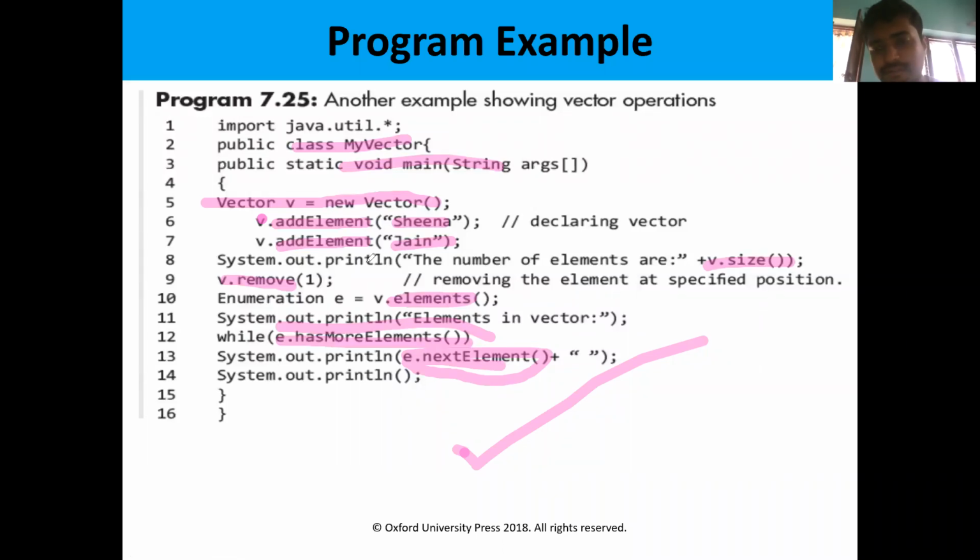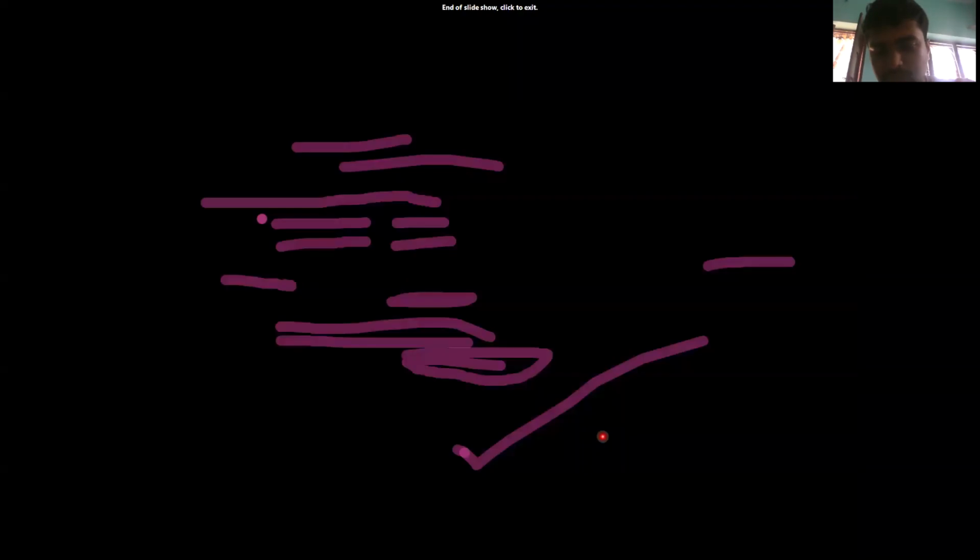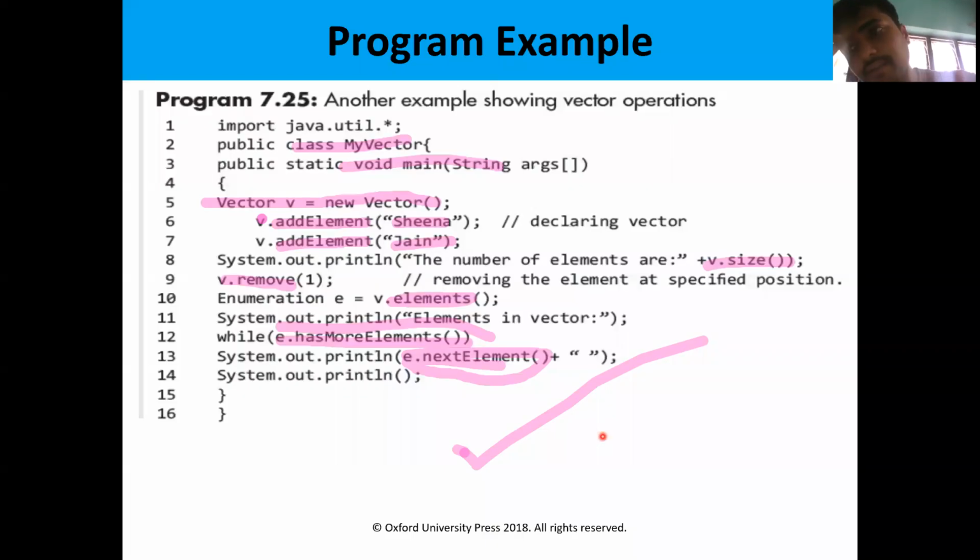These are some predefined methods used to do operations on vectors. So this is all about arrays and vectors. Do you have any doubts? So this is all about arrays: array declaration, array initialization, sorting of arrays, searching of arrays, and then two-dimensional arrays as well as three-dimensional arrays. So this is the end of the arrays.